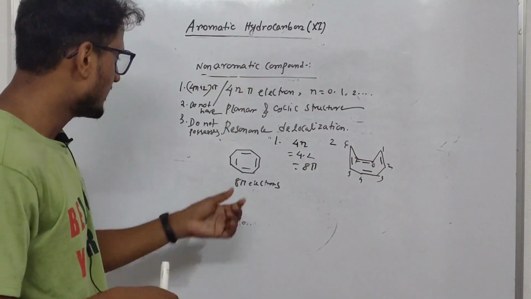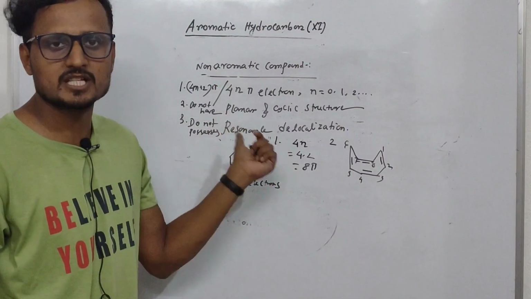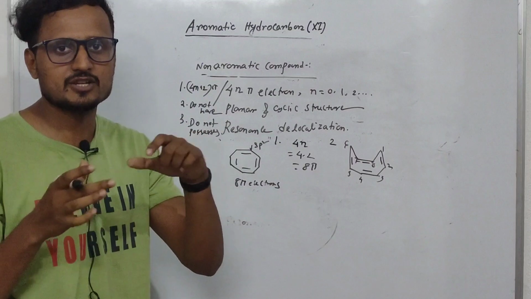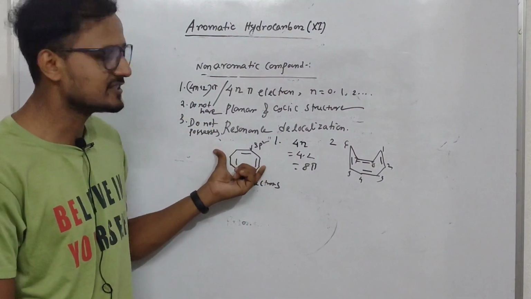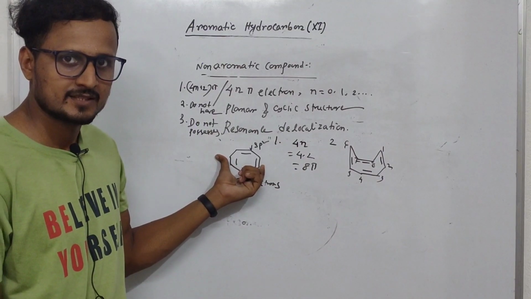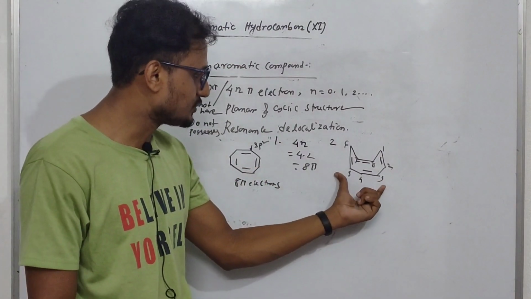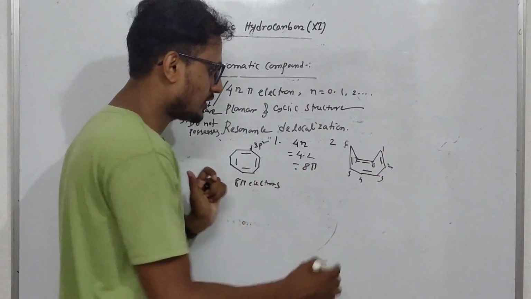We know all the carbons are sp2 hybridized, but sp2 hybridization should maintain one angle, that is 120 degrees. Here the angles are not maintained, so to gain stability it flips itself to get this kind of structure, and it is not planar. This structure is not planar,